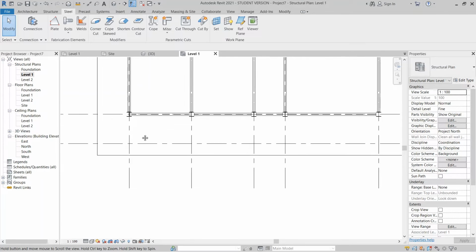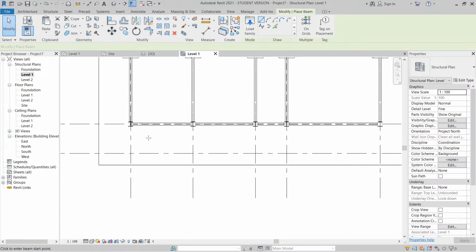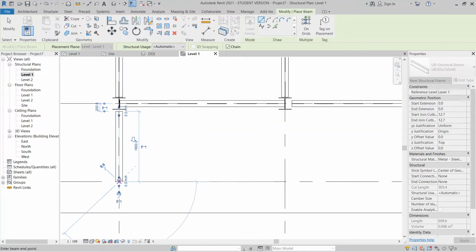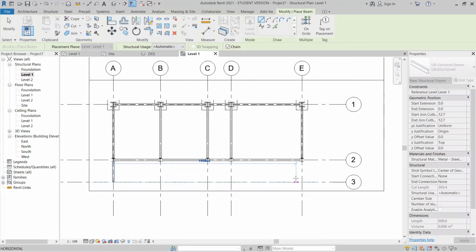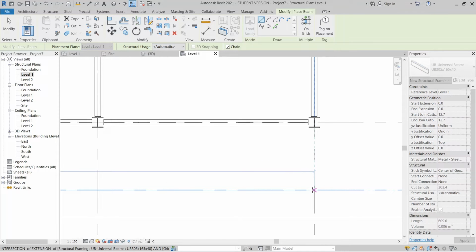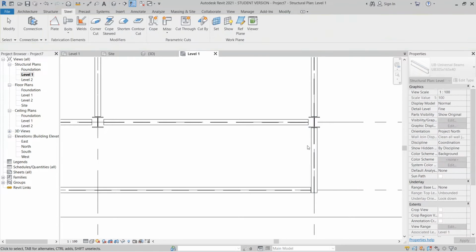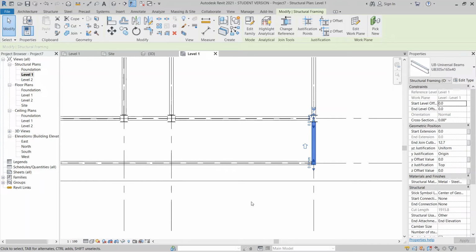Okay, here I need to add some beam also. BM for beam. Start from here until here. Okay, this one just like here, then you can copy.